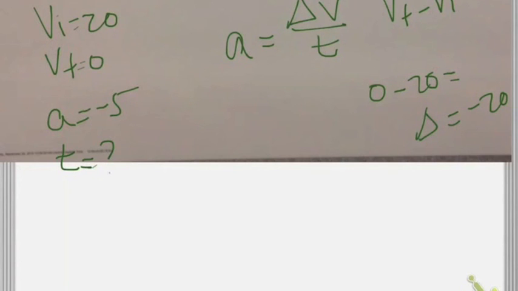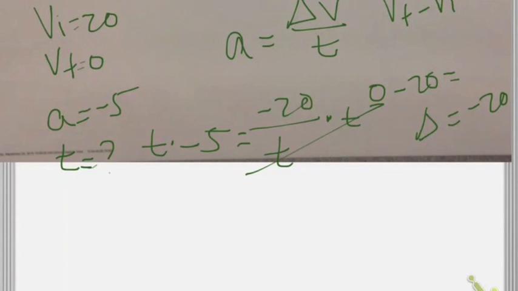So we're going to go ahead and substitute in what we know. Acceleration is equal to -5 equals -20 over t. Well, I'm going to go ahead and multiply each side by t so we can get everything on an even playing field. Those two will cancel out. So we have